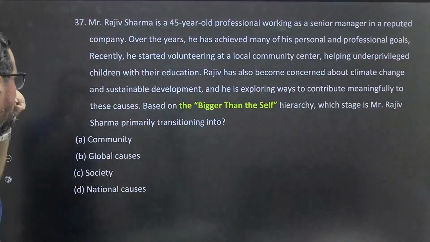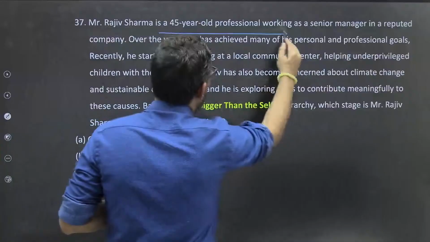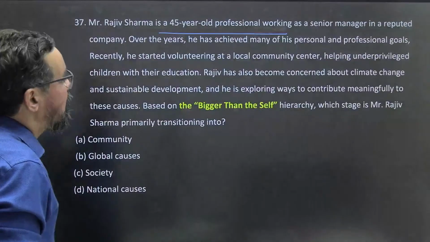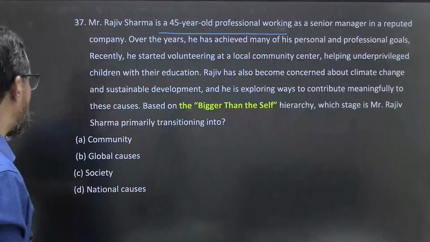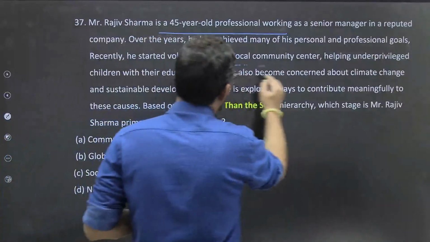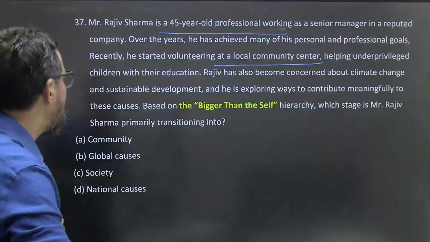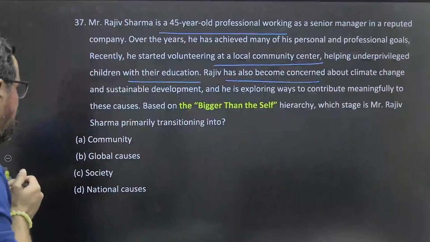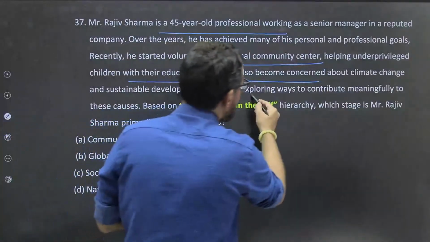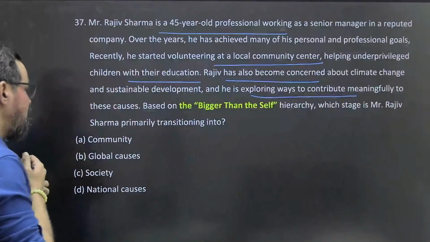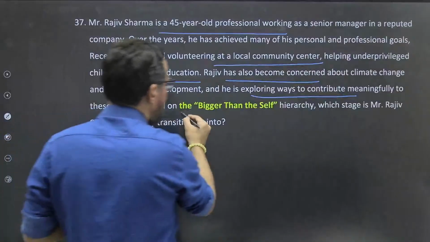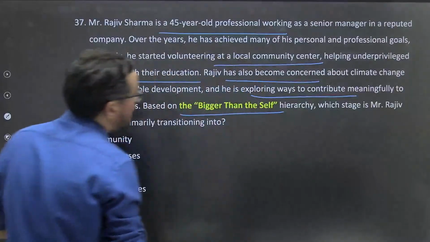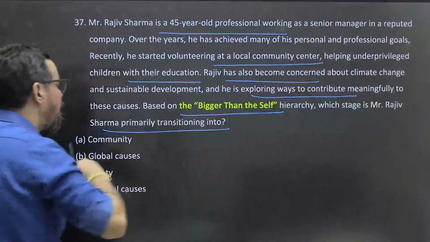Next one. Mr. Rajiv Sharma, a 45-year-old professional working as a senior manager in a reputed company. Over the 3 years, he has achieved many of his personal and professional goals. Recently, he started volunteering at a local community center, helping underprivileged children with their education. Rajiv has also become concerned about climate change and sustainable development, and he is exploring ways to contribute meaningfully to these causes. Based on the bigger than the self hierarchy, which stage is Mr. Rajiv Sharma primarily